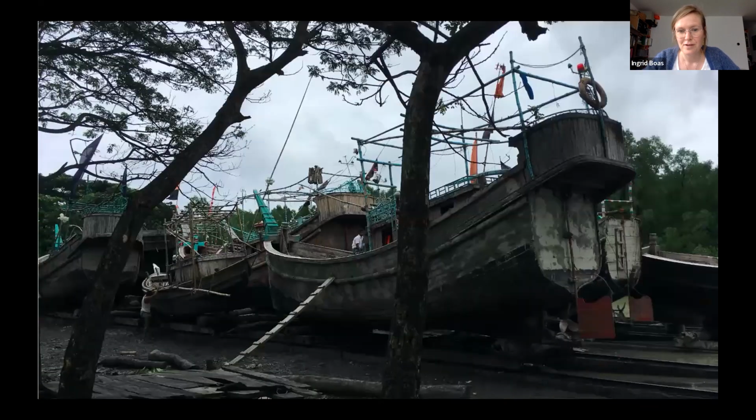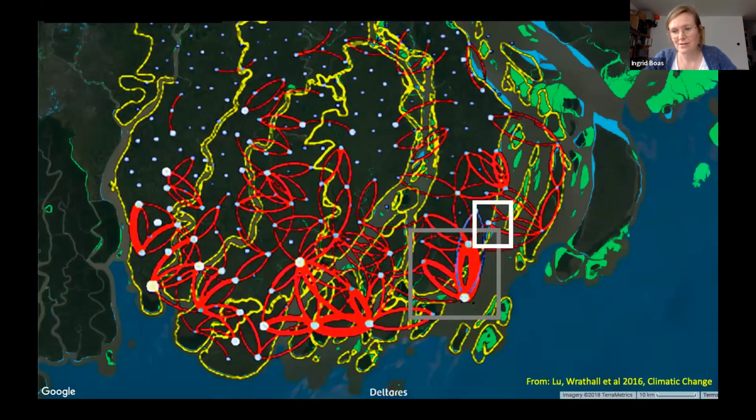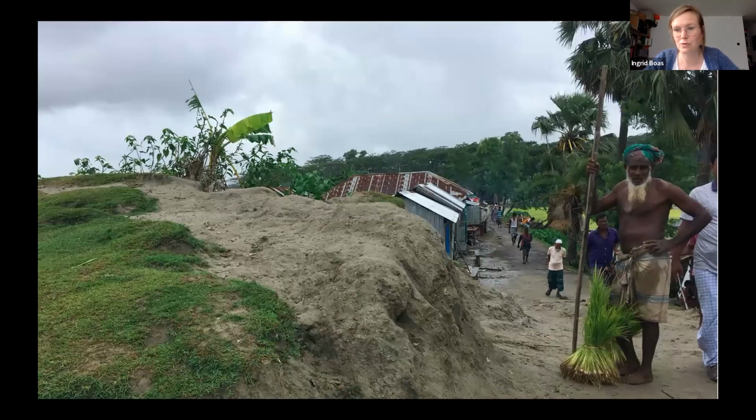And then later we focused on another area where there was not so much mobile phone data, and there it turned out that people were displaced, you could call it, but actually trapped in a highly vulnerable site where the embankment was broken and the water went in. Here, there's a big hole in the embankment, so very easily the water flows into the land, because a lot of erosion, etc., had taken place.